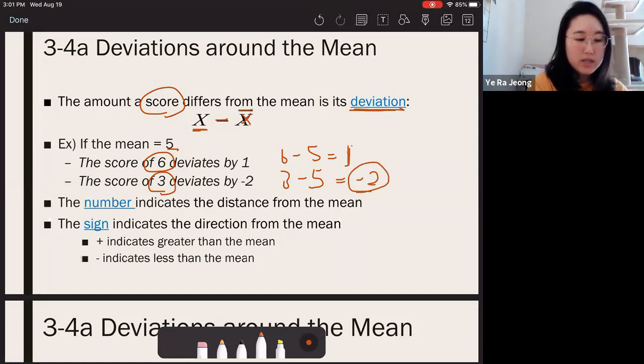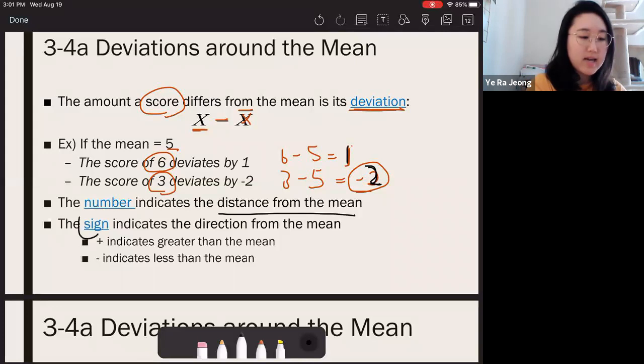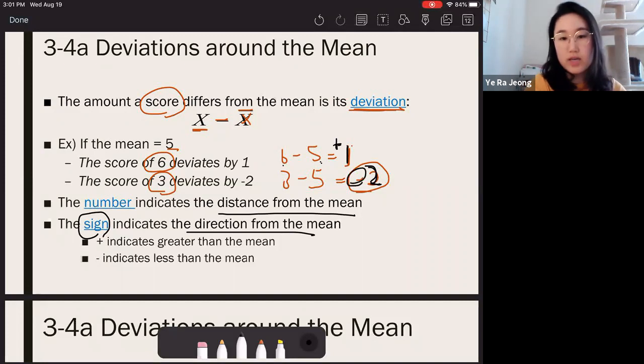So in this calculation, the number itself determines the distance from the mean. So a higher number means it's farther away from the mean, just like when we're measuring feet or yards. Okay? And the sign indicates the direction from the mean. For this, a positive sign means my score is higher than the mean. And it was, right? 6 is higher than the average 5. The negative sign, on the other hand, tells me that the raw score was smaller than the average,